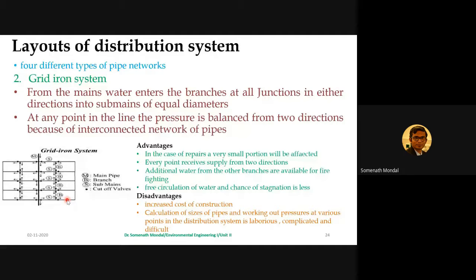Now, apart from that, at any point in the line, the pressure is balanced from two directions because of the interconnected network of pipes. So this is in one way very advantageous, and in another way, it is not that good. We'll be discussing those scenarios in the advantages and disadvantages. This particular grid iron system has several advantages. The first one is,